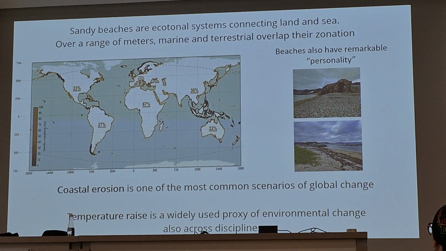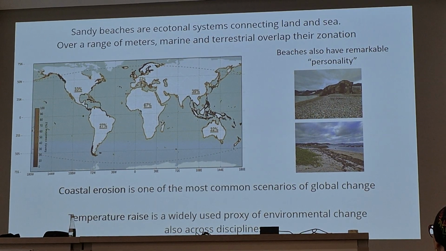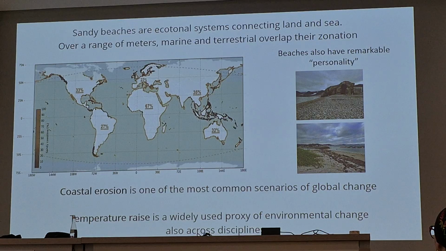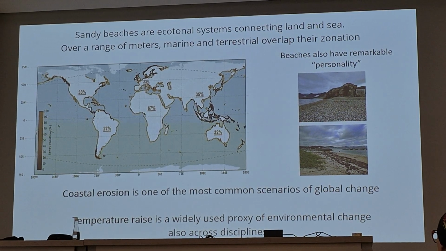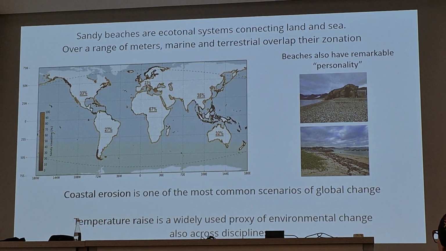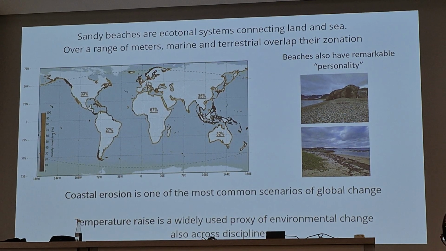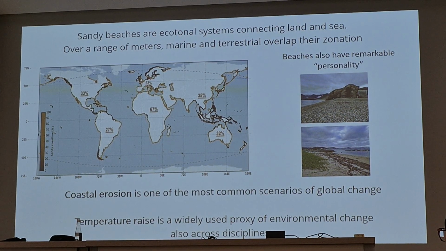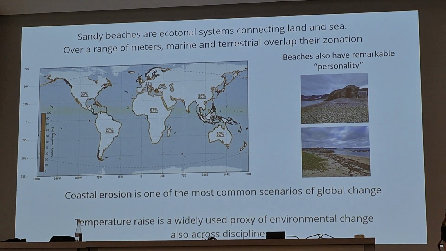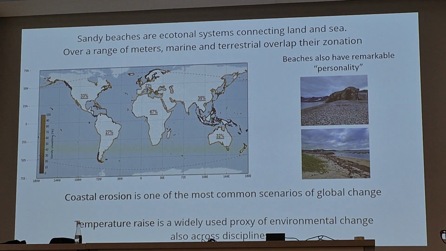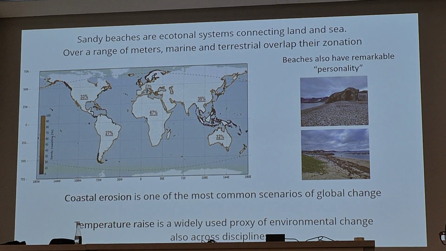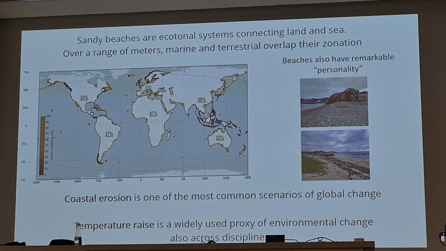On these, we have more complications. The most famous one is coastal erosion. The alarming news comes every day. It's faster than climate change, so I prefer to use the term coastal erosion. And also temperature rise, which is another broadly used proxy of change. In this case, it's usually the 1 meter temperature, the temperature 1 meter from the surface, that we use. So we decided to go again with common patterns and check what's happening.